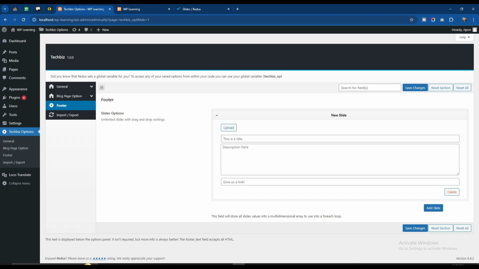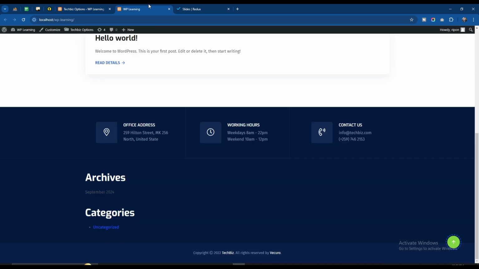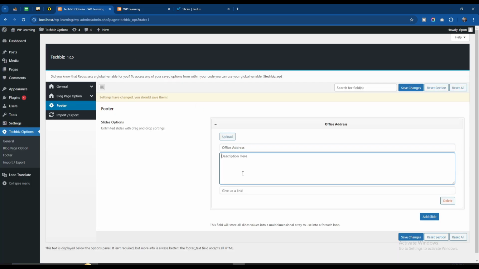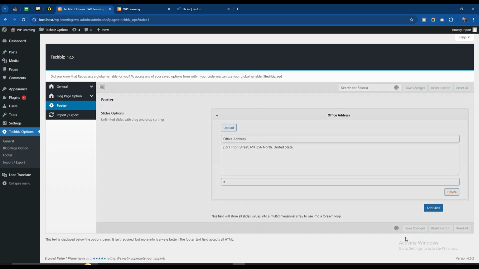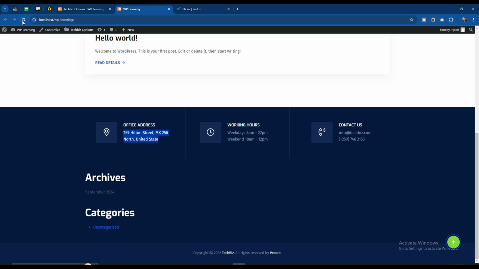Let me check now. I will insert some content here. The content will be the real one that I want to give there. So this office address will be the title, and the description will be as per this, and the URL that I want to give is hash right now. So I will click on save changes. Then if I give a refresh here now,